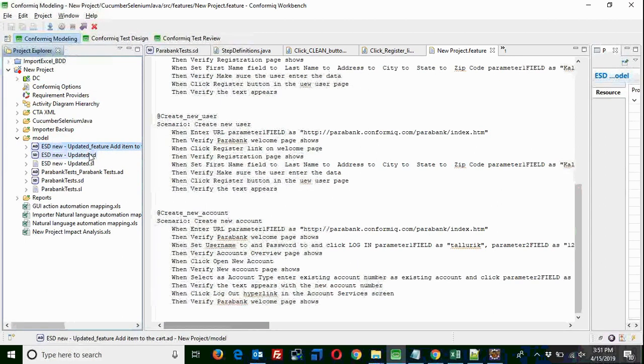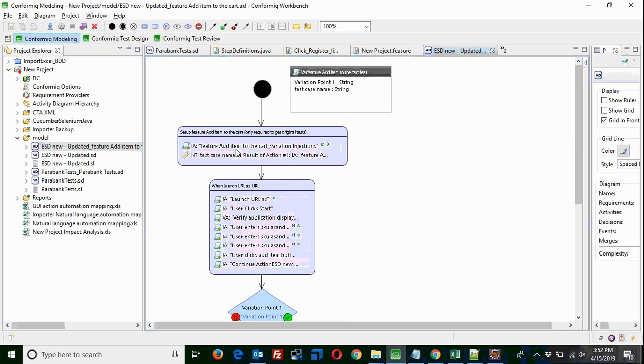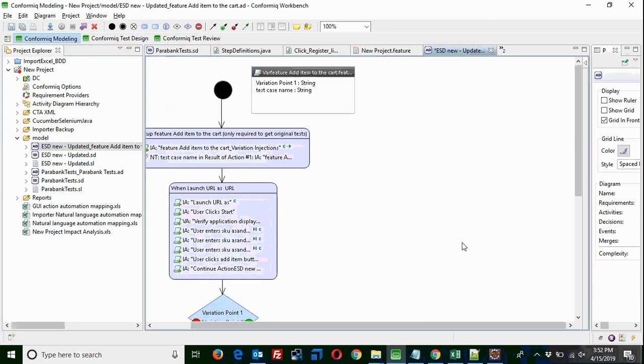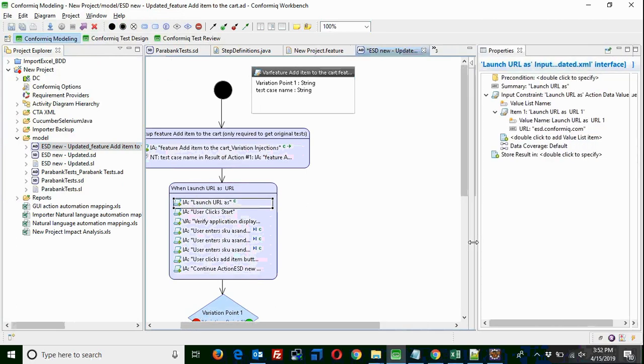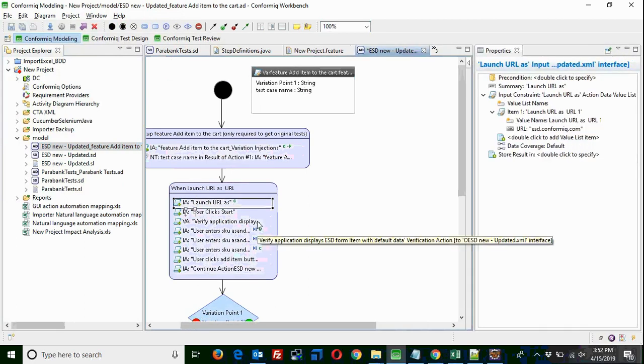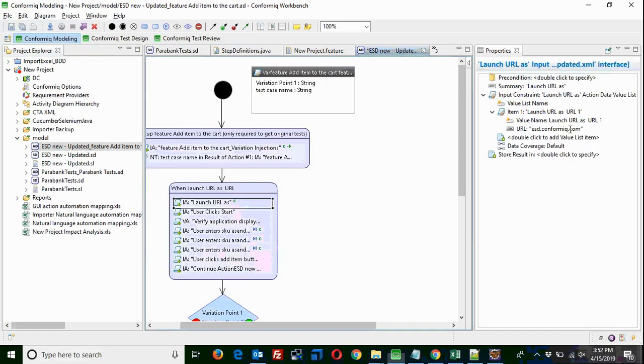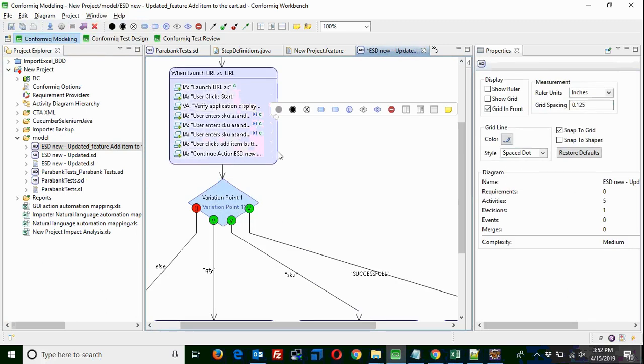However it is reading the test steps like input statements and expected results, the same way it understands a when statement as an input statement and a then statement as a verification point. In the same way, whatever data I have mentioned as a parameter, like the URL, it takes as a parameter here, and you will be able to change the data as and when you want. You can see the same step has been taken with multiple data sets here. This is one data set, this is another, and the third one is this.